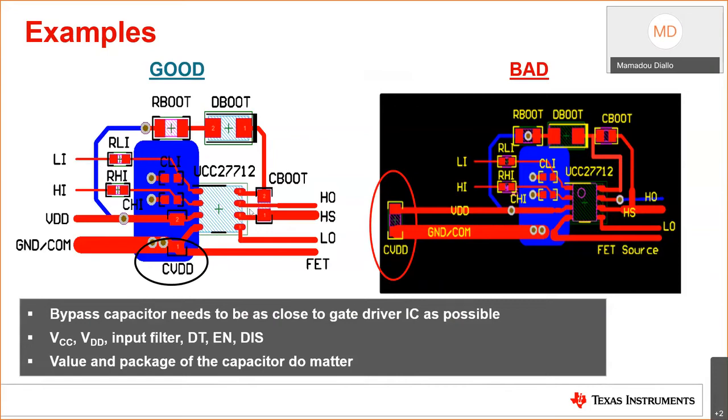So if you're designing a gate drive circuit, the priority is on the output stage, specifically HO, LO, the switch node, and then the ground return loop from the low side fed to the controllers, which is shown here, the CVDD capacitors, and at the very end, the input stage connecting to the MCU.